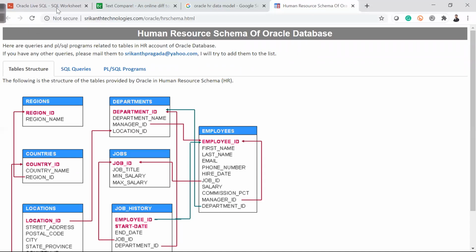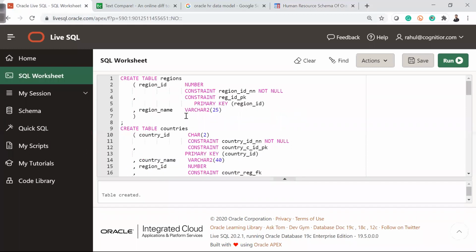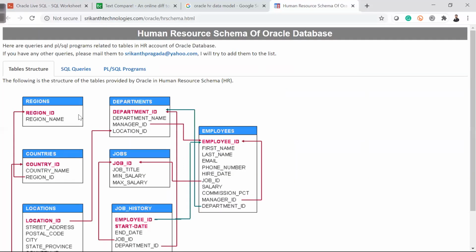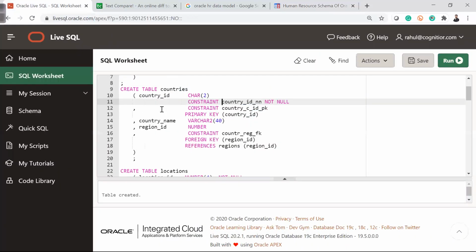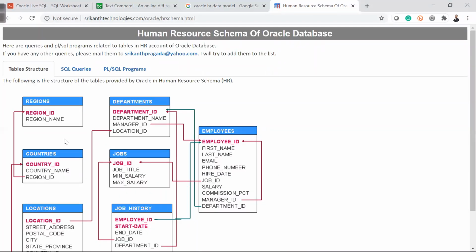So let's go to, what is my first table? My first table is the regions table. The primary key is what? This is my primary key, region ID. If you see here, region ID is the primary key. Perfect. Then we had the countries table where the primary key is country ID and the foreign key is region ID. So you see that the countries table is there. Country ID is a primary key, and you see this region ID is going here. So it's a foreign key, and this is my primary key coming like this. The region ID will have values which are the same as this region ID.